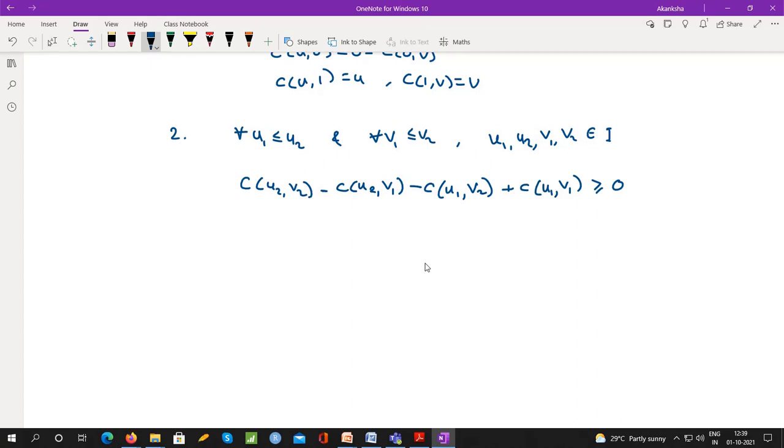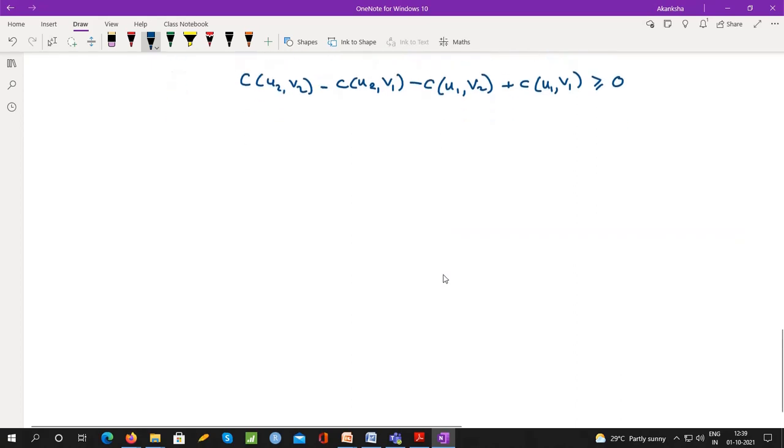Okay, so now we have to see a couple more basic properties of copula, subcopula, etc. So let me write down a theorem which gives bounds on values of the copula, actually subcopula to be precise.